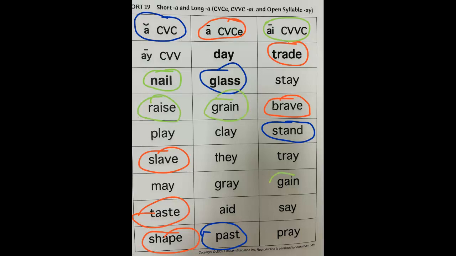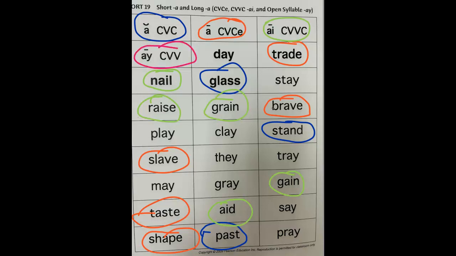Over here, gain. So we have a little bit of difference. Gain, like the dog gain some weight, or grain, like a grain of rice or a grain of sand. Aid, down here, someone to help, an aid. Okay, so these all have the A-I, but they make the A sound. Switch your color again. Let's go on to